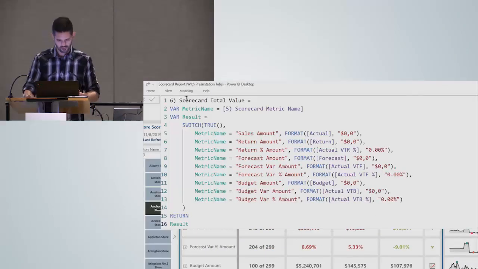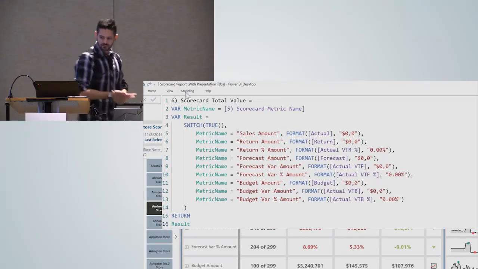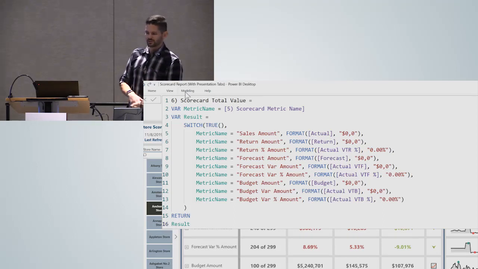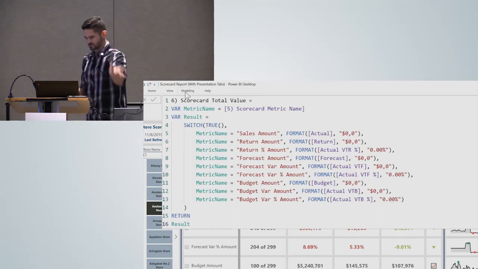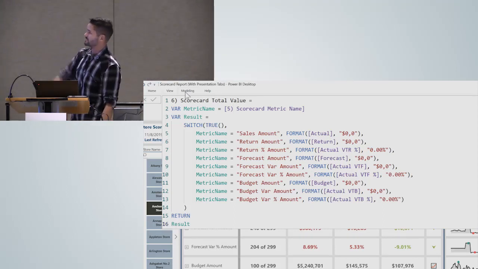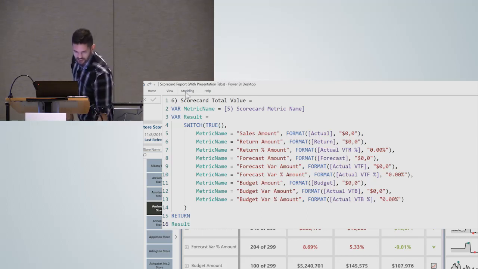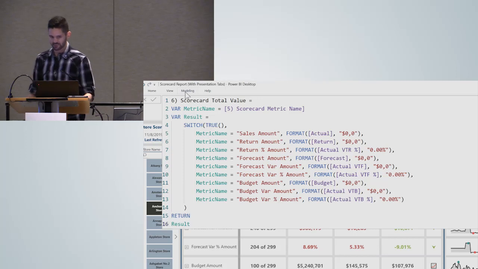There we go. All right. Some good reasons that I actually have quite a few different things in here. But again, that variable is being declared at the top because my metric name is being called upon, what is that, 9 different times. I don't want it to have to calculate 9 different times.